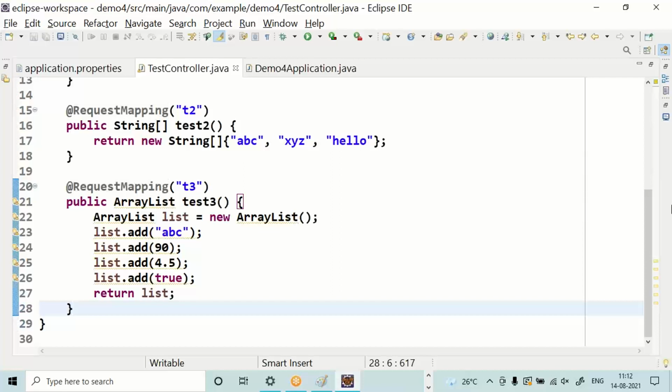A simple API, simple web service, array list. Returning array list. Test 3.